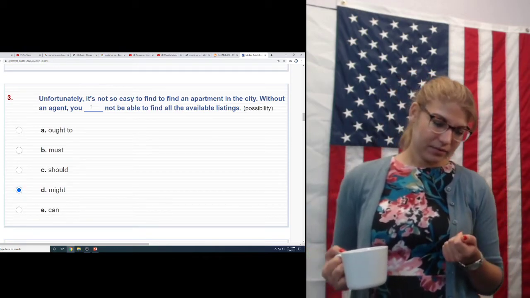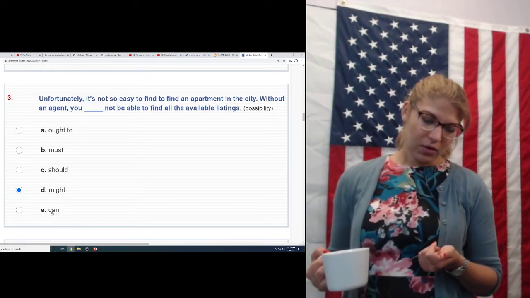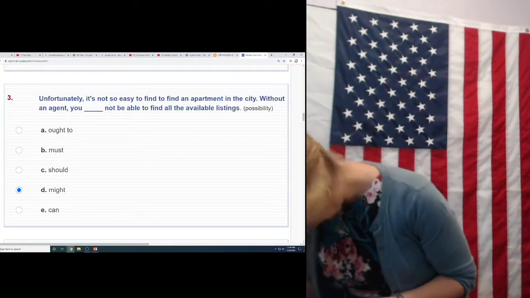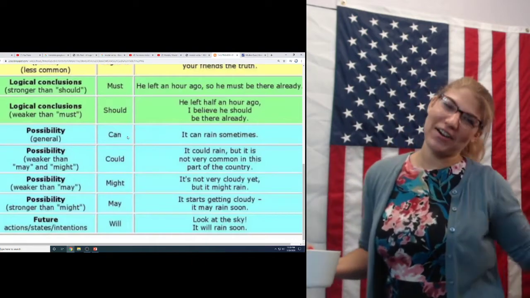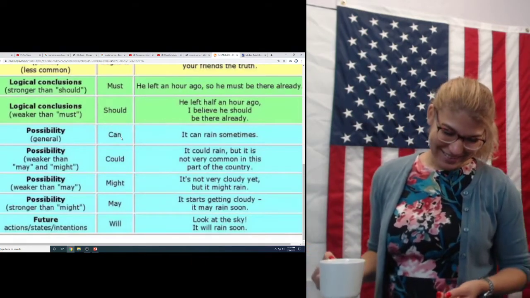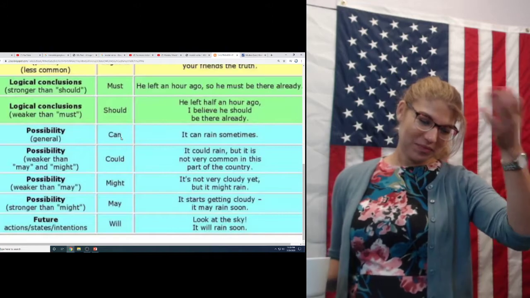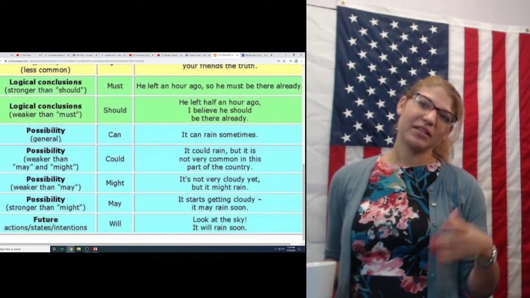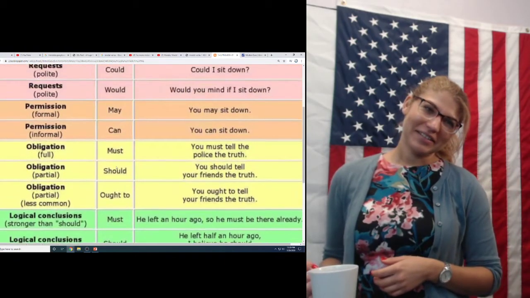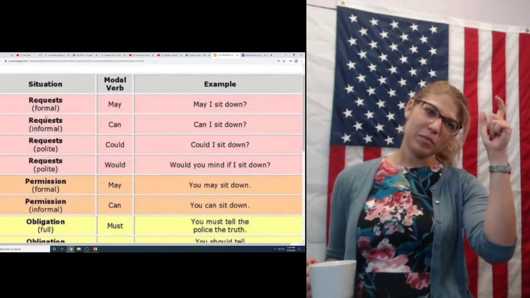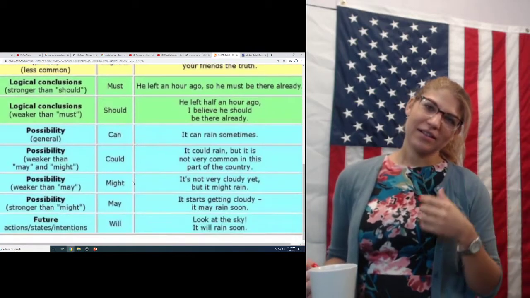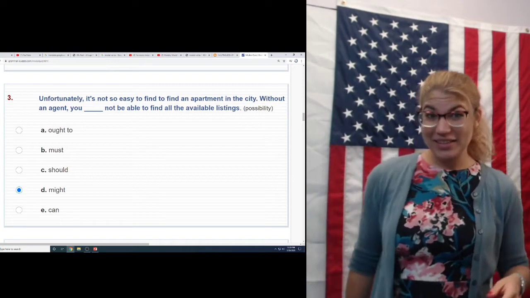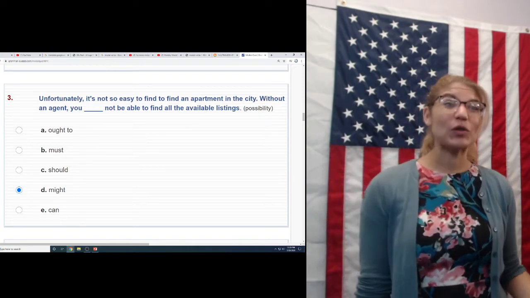Oh, but Sarah, why is it not can when we have can as a possibility? Why would you bring that up? I'm so sorry. But I would think, oh, it could be might, it could be can, because they're both in this list. That's a good point. And look, can is up here too, for permission. Can is so good, and you can use can for everything. Okay. You are right. Can is so very versatile.